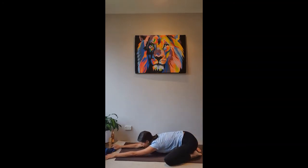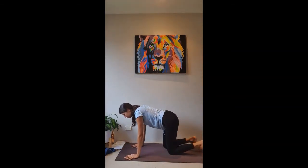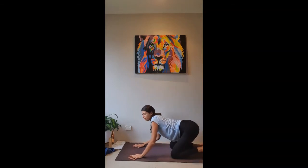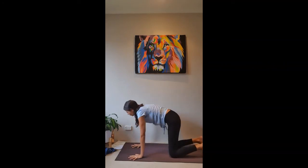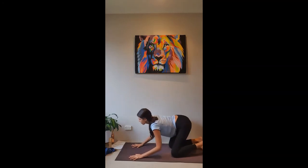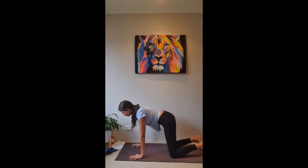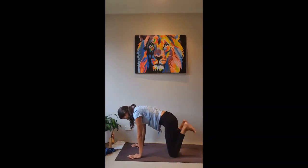Beautiful. On your next inhale, prepare to come up, back into your all fours, bringing knees to under your hips. And take a couple of hip circles here from side to side, maybe involving the torso, and let that stagnancy from the hips move dynamically with the breath. Moving to both directions. Beautiful. And then when you're ready, coming into the steadiness of your all fours, gaze down, tuck your toes under,